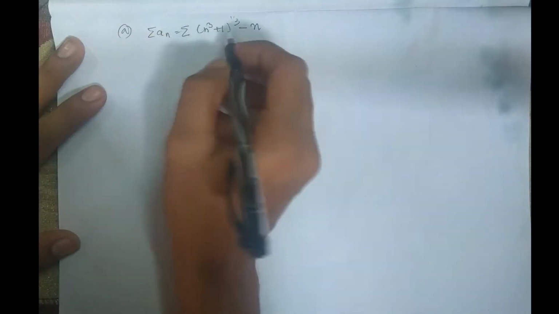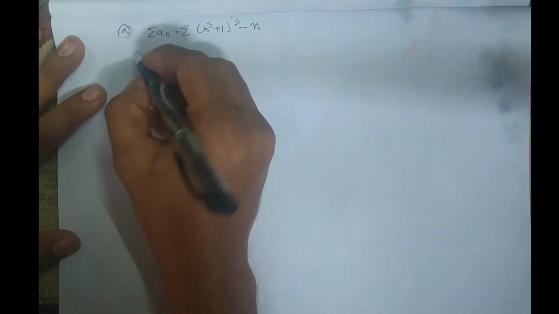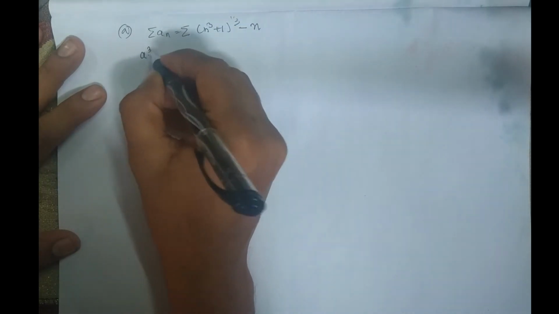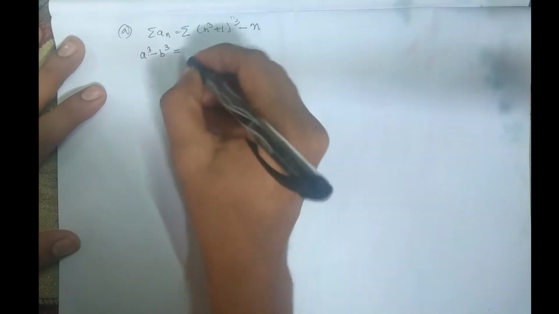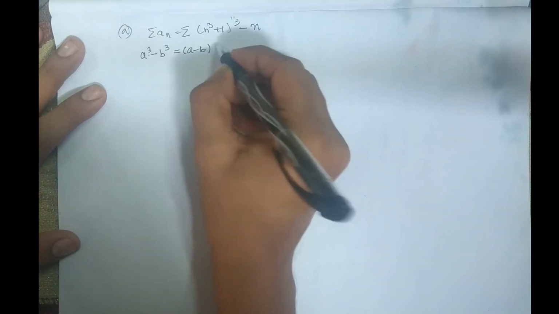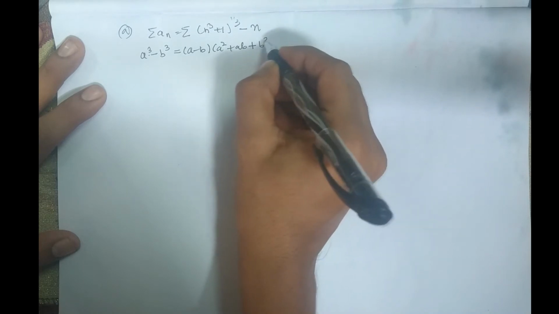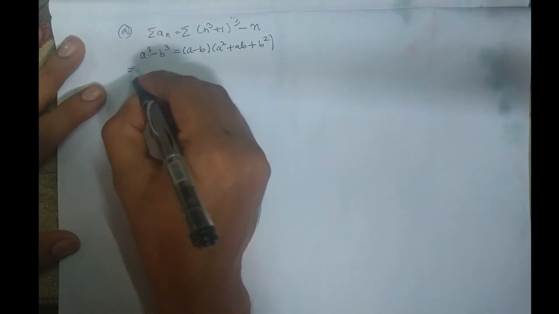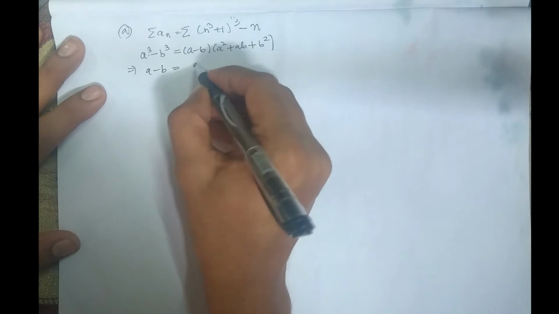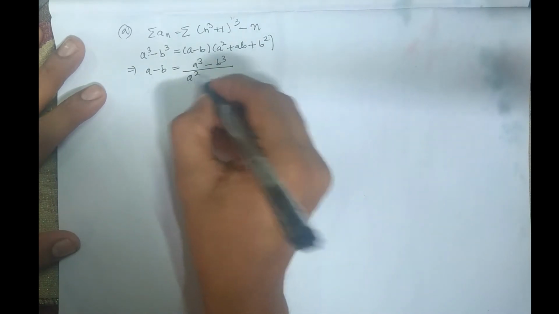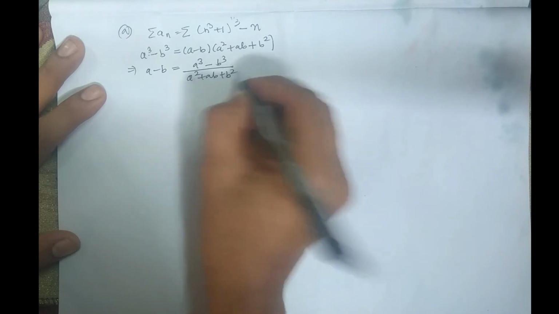Before we check whether this series is convergent, let me recall one formula. We know that a cube minus b cube is what? It is (a minus b)(a square plus ab plus b square). That means our a minus b will be (a cube minus b cube) divided by this quadratic term, a square plus ab plus b square. Okay,